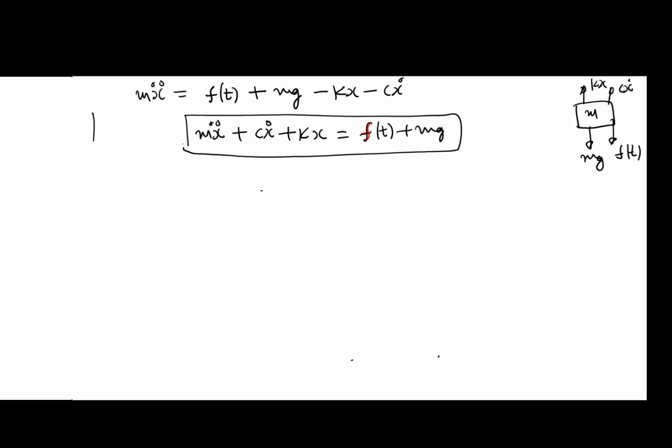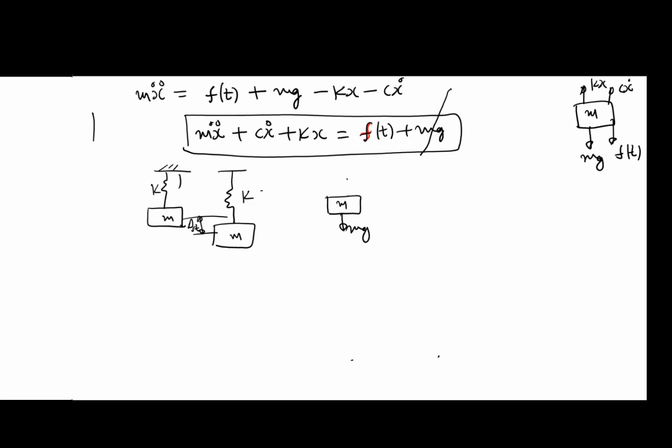This equation is wrong. The wrong part is that no mg term will come. The reason is that the displacement mentioned over there is the displacement from the static equilibrium configuration. So where does this mg go? Let's try to see. You have a mass suspended on a spring. The spring will vibrate and the system will come to rest after some time, and this delta static will be the deformation in the spring. So if we draw the free body diagram now, you can see mg equal to k delta static. So that is the static deflection. At static equilibrium, we have mg equal to k delta static.